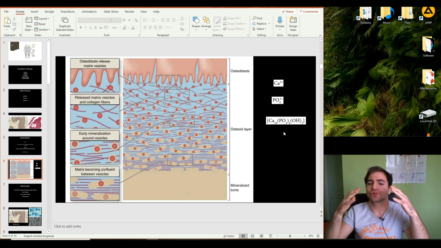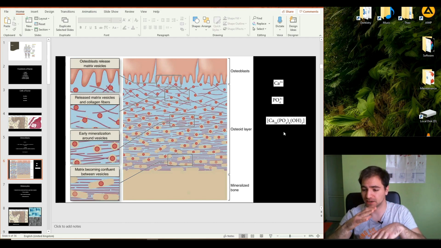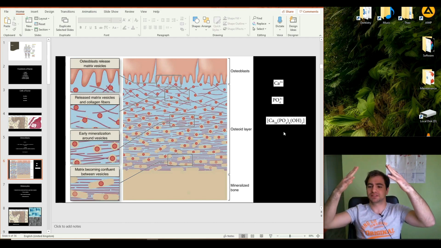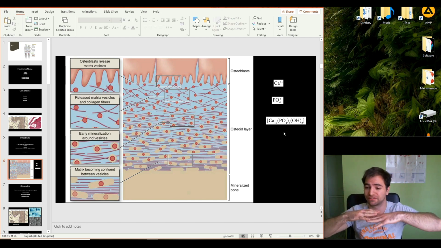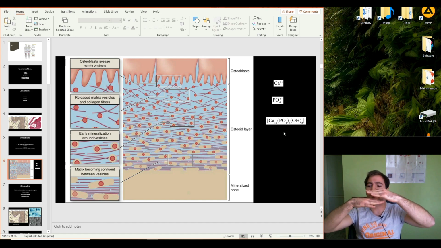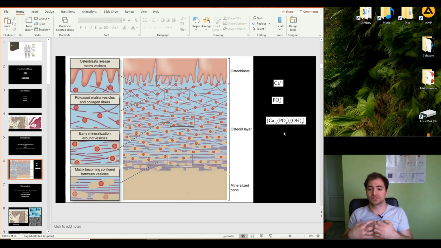After these ions attach to the collagen type 1, they aggregate, form this very rough crystal, and start to become parallel arranged. This parallel arrangement of collagen type 1 along with the crystals of hydroxyapatite is the structure that makes our bone so resistant and resilient to withstand tremendous amounts of